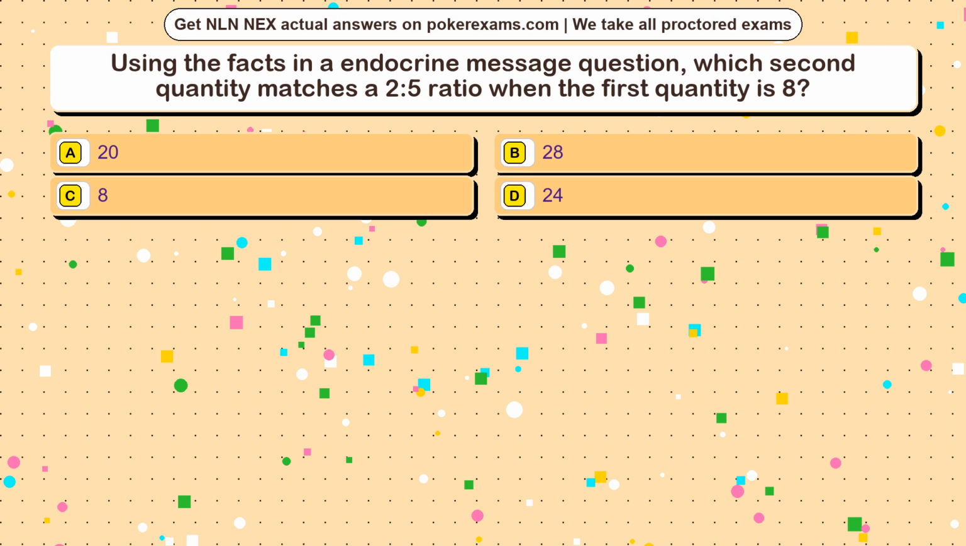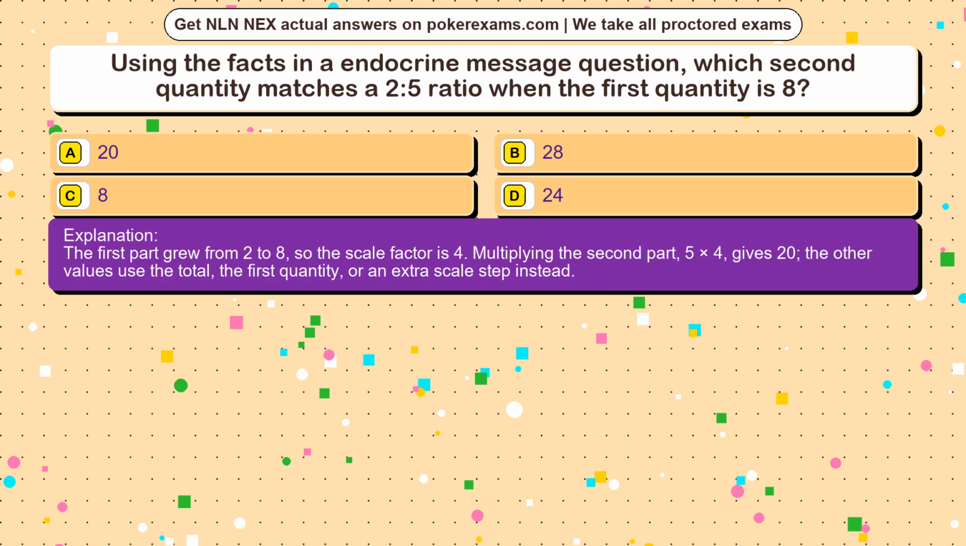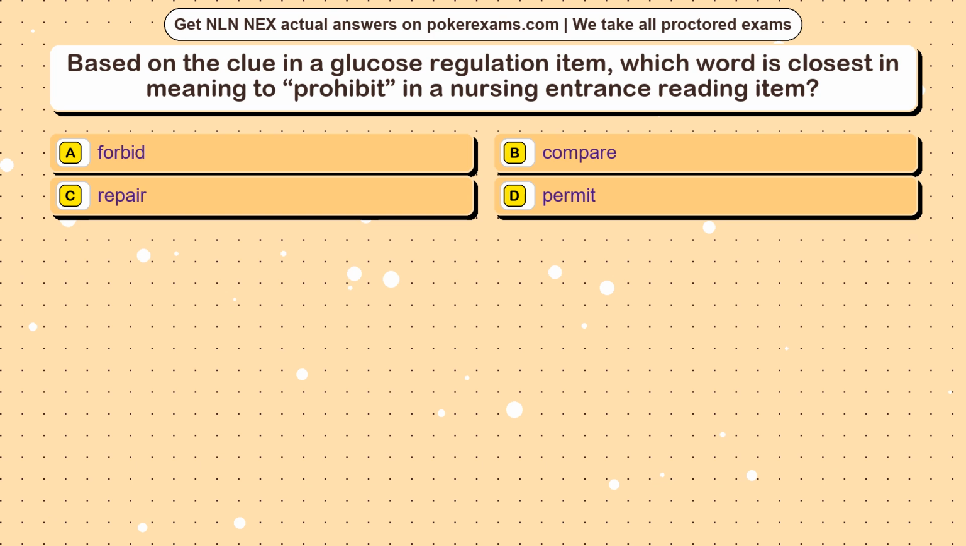The correct answer is option. The first part grew from 2 to 8, so the scale factor is 4. Multiplying the second part, 5 times 4, gives 20. The other values use the total, the first quantity, or an extra scale step instead. Question 17. Based on the clue in a glucose regulation item, which word is closest in meaning to prohibit in